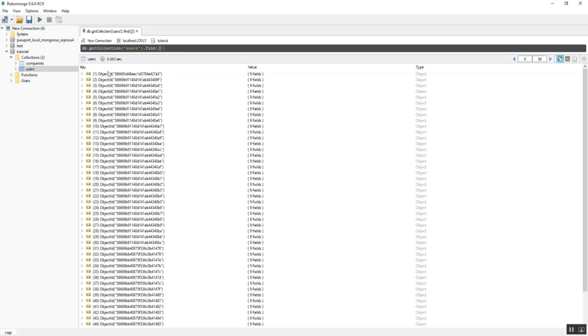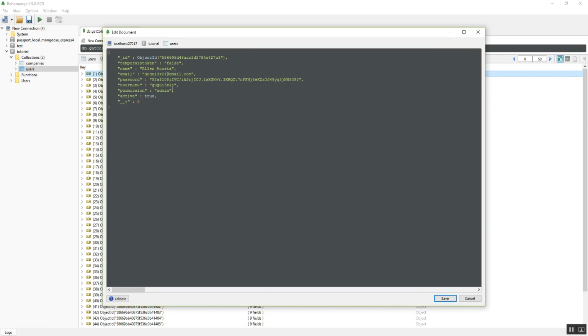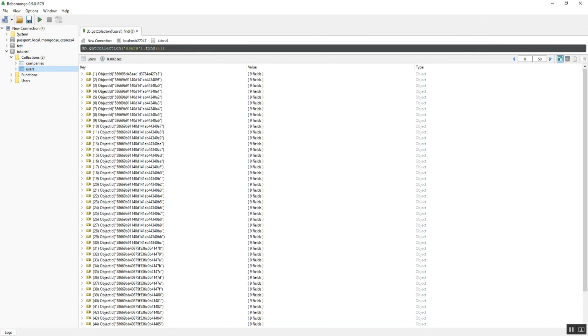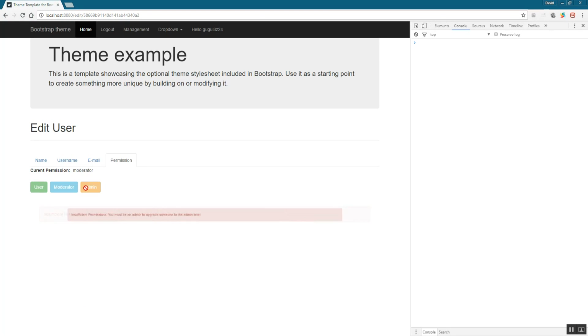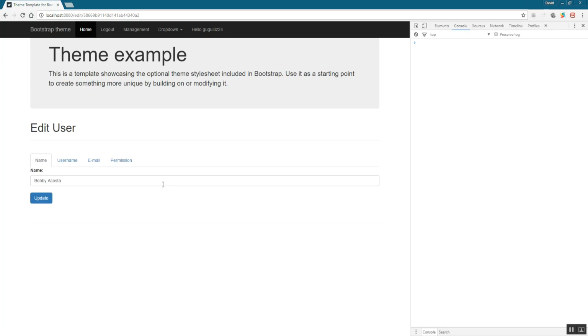So I'm going to go to the database and I'm going to change my status to a moderator. Now, if we configure this correctly, I shouldn't be able to set admin now. And you'll see there it says insufficient permissions. You must be an admin to upgrade someone to the admin level. Okay. Now,